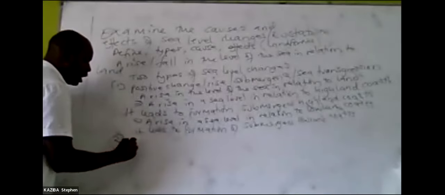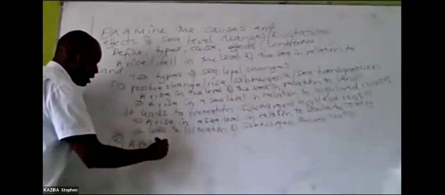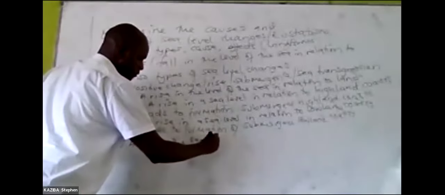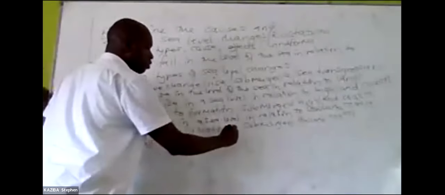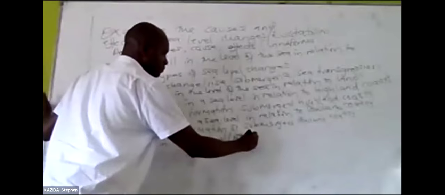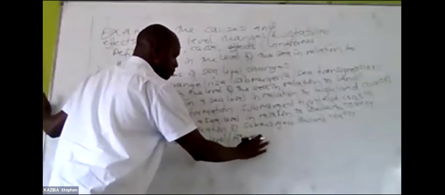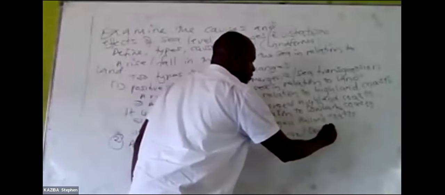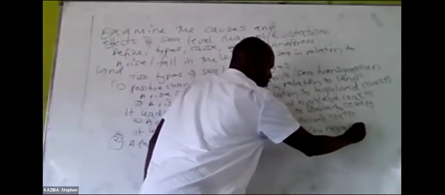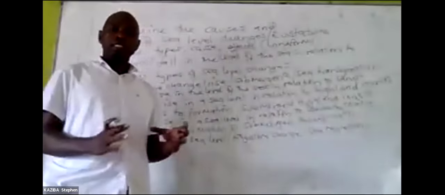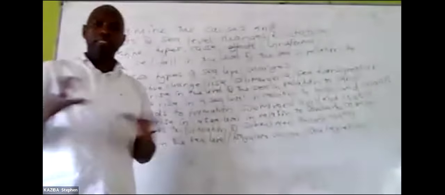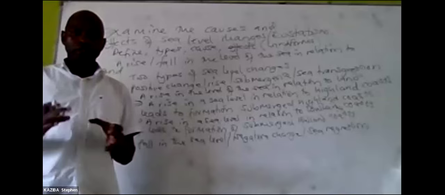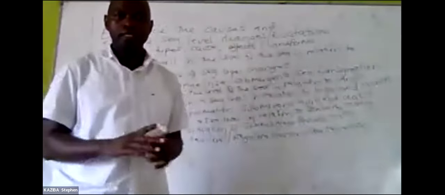Then we go to the next one. The next one now is a fall in the sea level. This is also called negative change. It is also referred to as sea regression. They can ask you a question: distinguish between sea regression and sea transgression. So as you hear those terms,